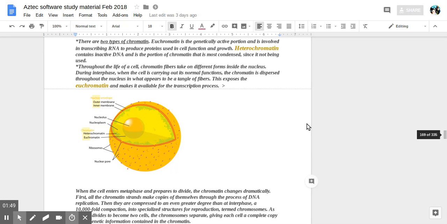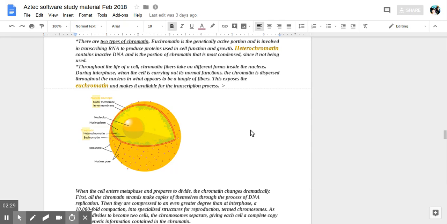Throughout the life of a cell, chromatin fibers take on different forms. During interphase, when the cell is carrying out normal functions, chromatin is dispersed throughout the nucleus in what appears to be a tangle of fibers. This exposes the euchromatin and makes it available for transcription. So when it's loose, it's euchromatin. When it's